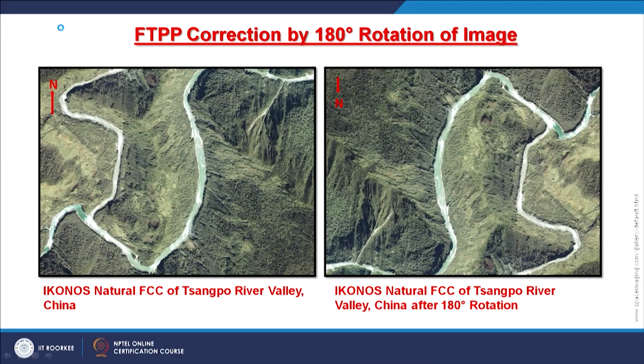Now, I am going to put both of these, the same image, together: one with north upward and another on the right side with north downward, and you can see the difference and the effect of FTPP. The right side image does not have the effect because the illumination source and observer have gone into completely different hemispheres, whereas in the left image the observer and illumination source are both in the same hemisphere, and that image belongs to a hilly terrain, and therefore we are seeing FTPP in the left image.